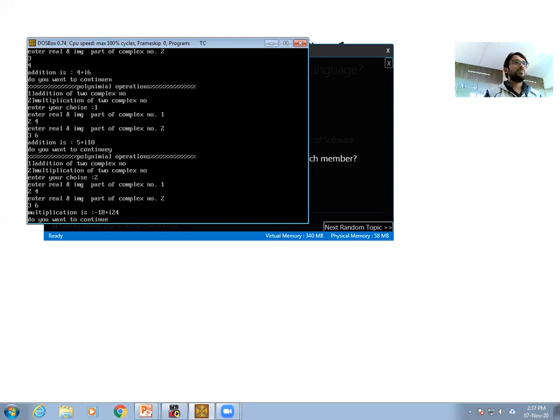Again, you can get the imaginary part. How do we get the imaginary part? The imaginary part is obtained by cross multiplication: 4 into 3, that is 12, plus the cross multiplication of the first number's real part and the second number's imaginary part, that is 2 and 6, which is 12. So 12 plus 12 is 24, and that is the imaginary part of the complex number. Likewise, you can get the complex number multiplication with the help of this program.